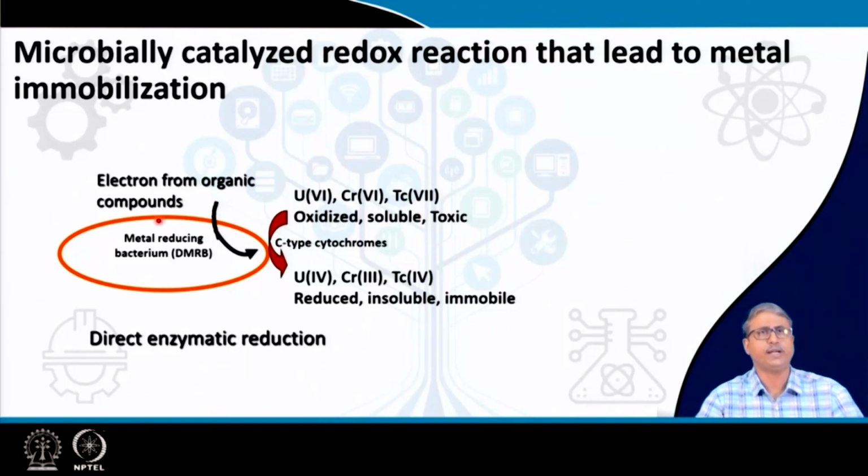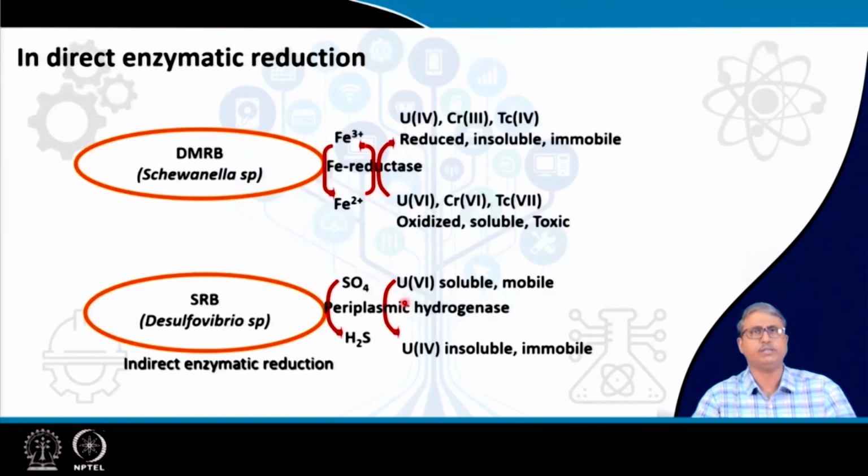Then if you are able to provide the suitable electron donor and carbon source, and your appropriate microorganisms are there, then they will reduce it through these cytochromes or flavin based systems. It is called a direct mechanism, because direct enzymatic reductions allow the conversion or reduction of these highly soluble species into insoluble species, and these insoluble species readily precipitate into the surrounding environment.